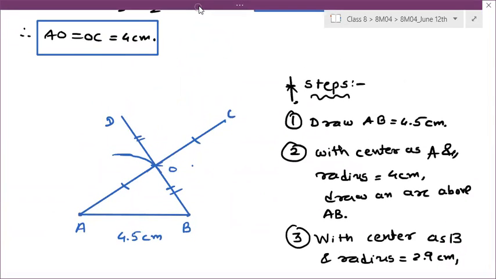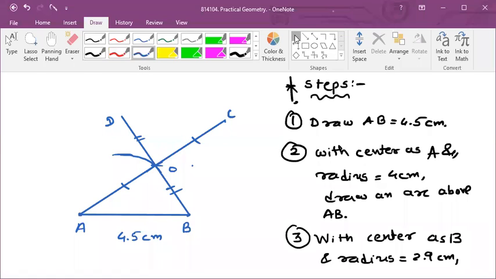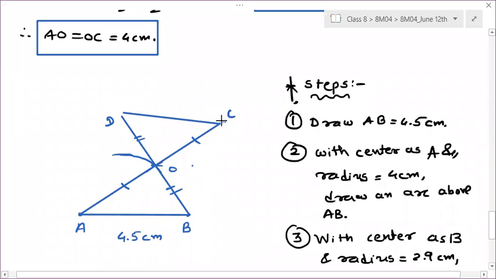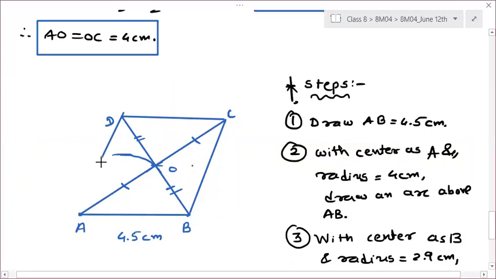Now what is our next step, students? Just connect all these points, right? Now connect C and D, right? Join C and D. So you will get CD over here. Then connect B and C. So you will get BC over here. And connect A and D, so that you can get AD over here. Is it clear? Okay.